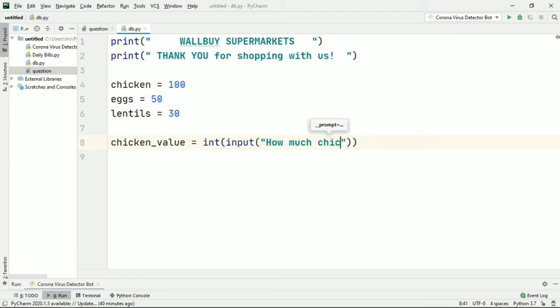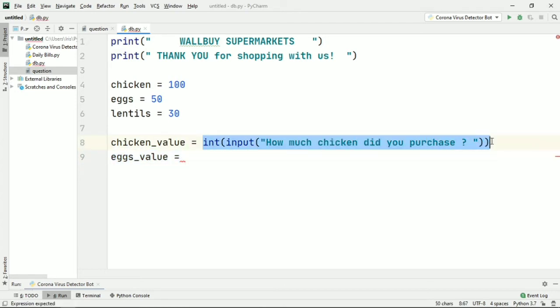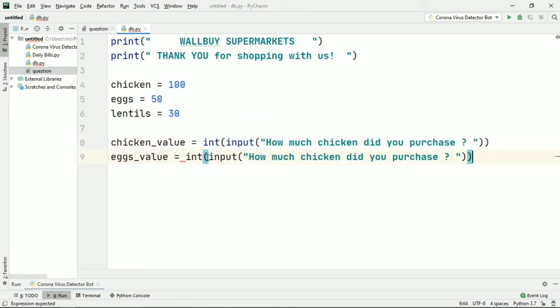Okay, so that's a simple question. Now let's make our next question, that is eggs value. Okay, let's just copy down this input that we have given and we'll just make a few changes to the question. Okay, so how much eggs did you purchase? Okay, that's our next input.